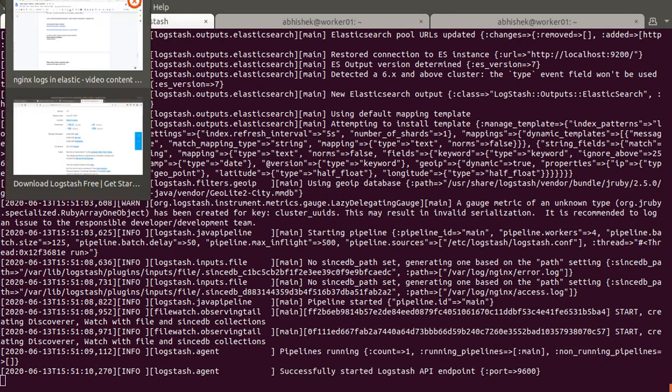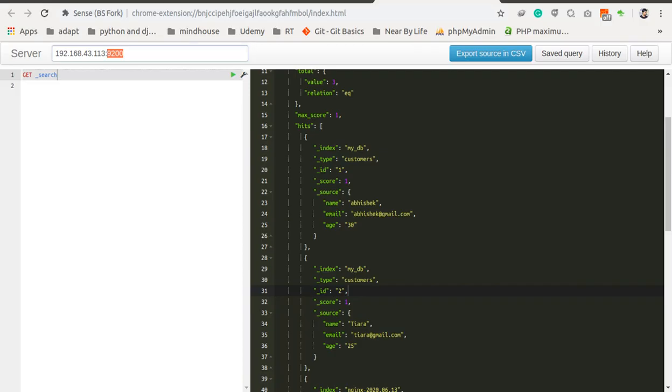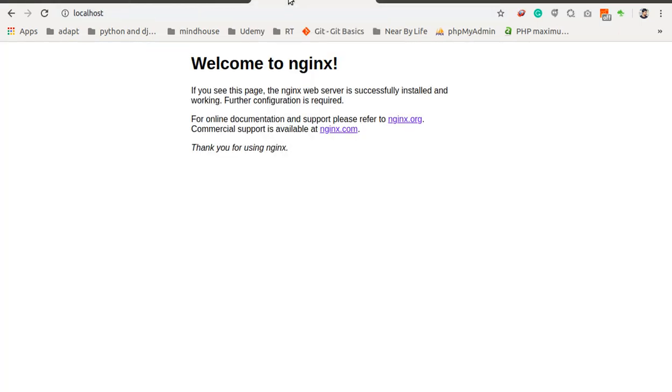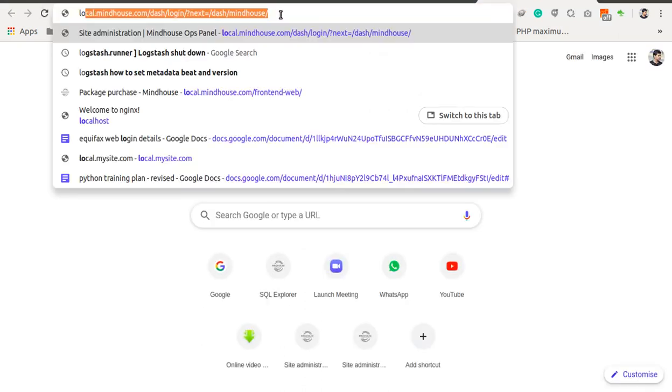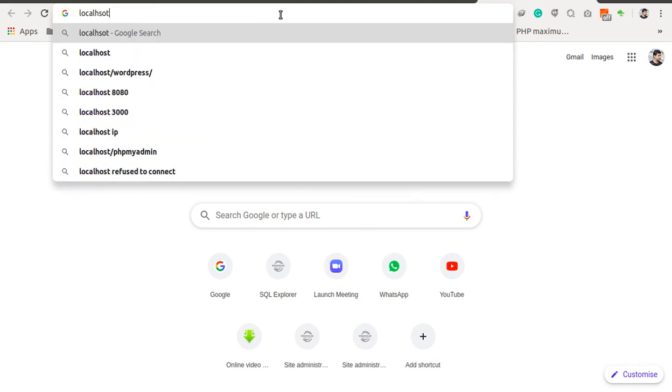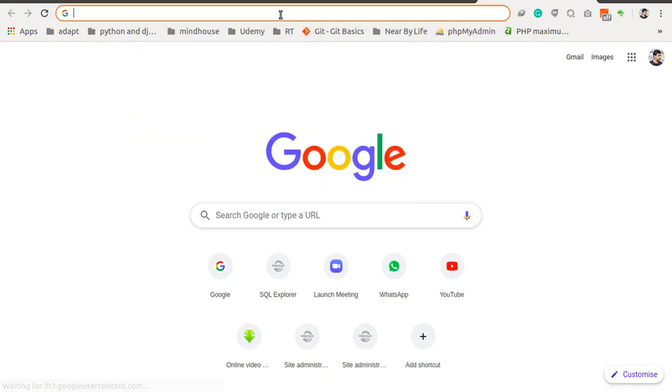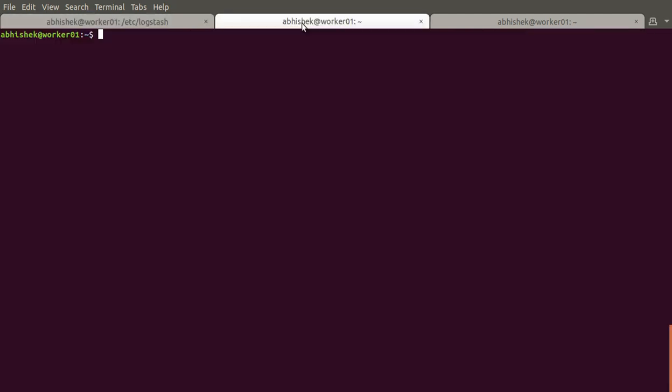So you can see Logstash successfully started, and now if you check the indices, let me show you here.